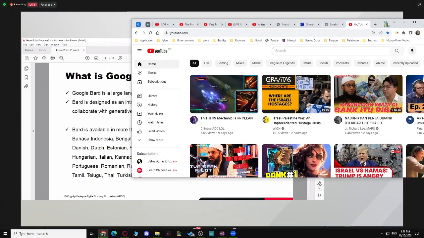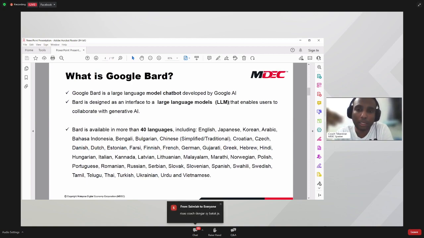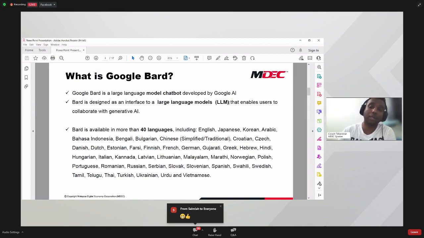But what makes Google Bard better compared to the search engine is that it gives information that is prescribed and specific to the search result. It won't give you scattered information. It will give specific information, straight to the point, which answers your question. Later I will show you the demo. Alright, so that's another thing.